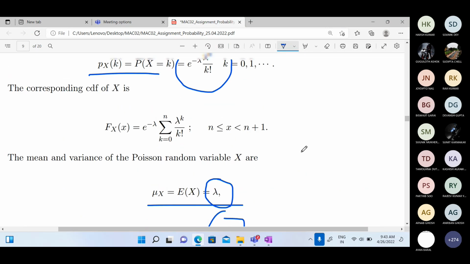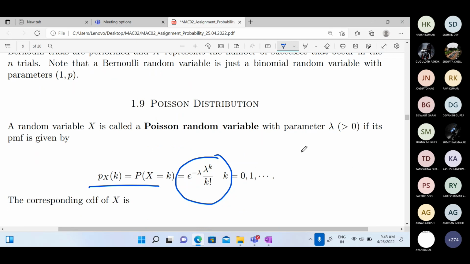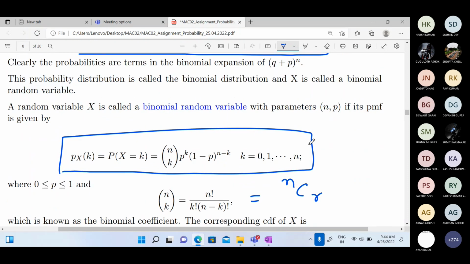So what I am saying is that, concluding this definition, you need to remember this one, and this one also you need to remember. And using this one, we'll try to solve some problems. So let us check